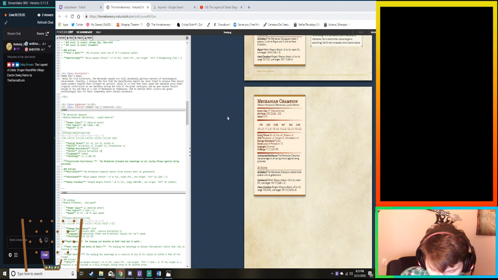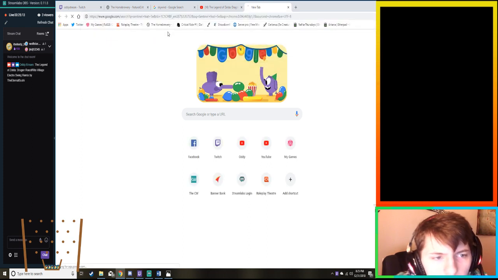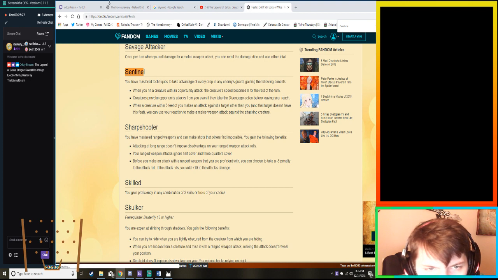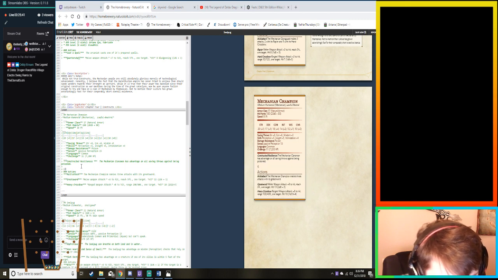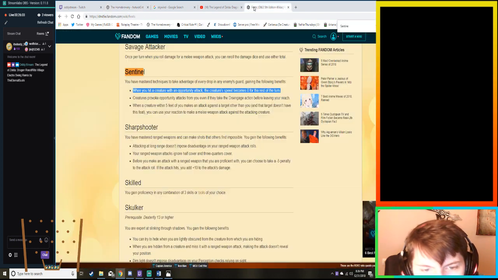Ooh, a reaction. You know what? We're going to give him the Sentinel feat, or the equivalent of it. So, Sentinel feat 5e. Sentinel. Okay. I'm going to make that be... Where are we putting it? We put it down here. You've mastered techniques when you hit a creature with an opportunity attack. As well as...